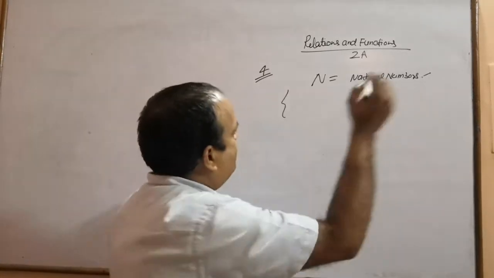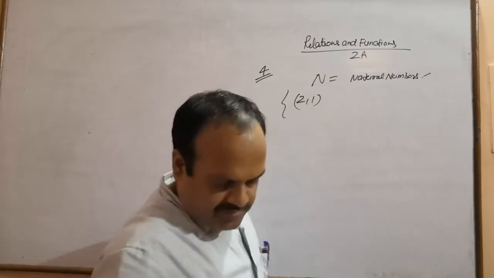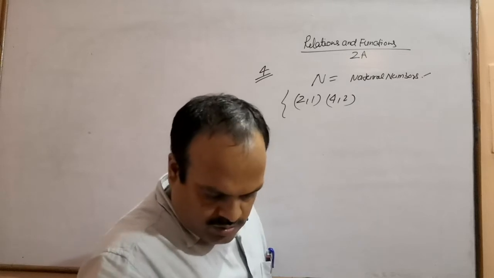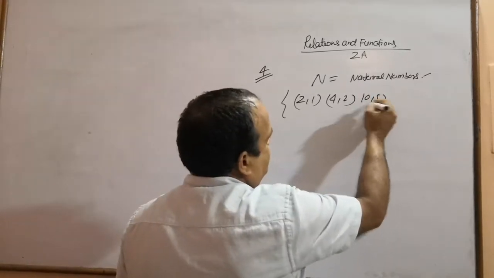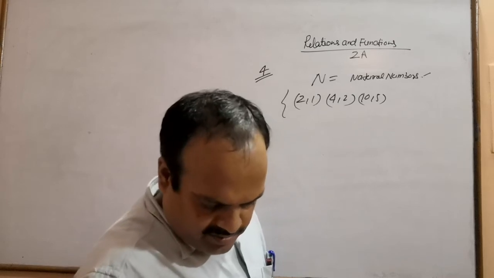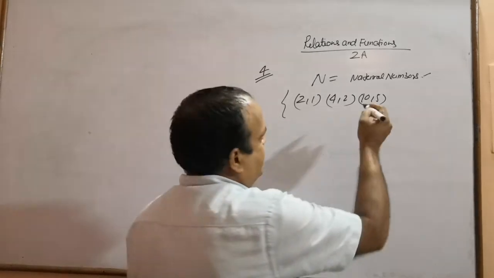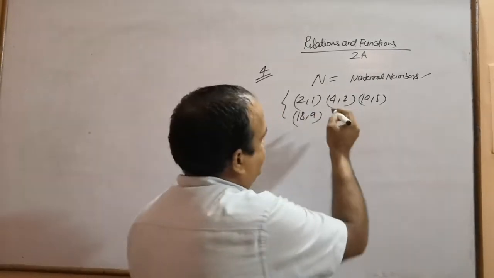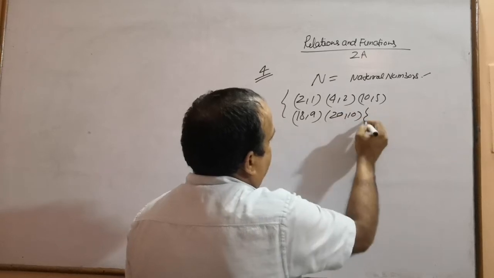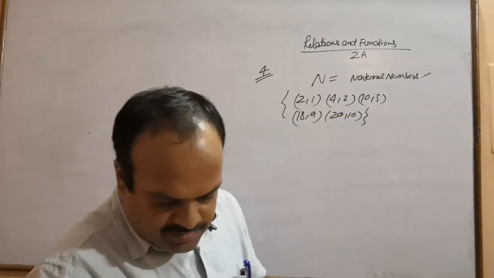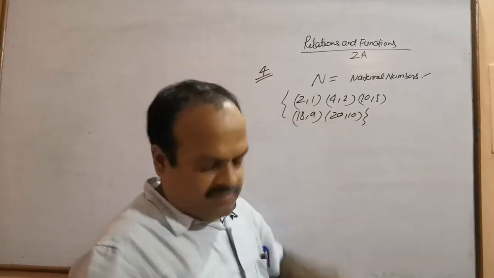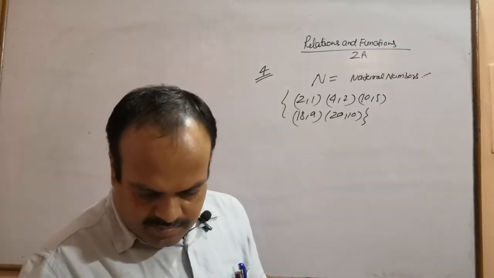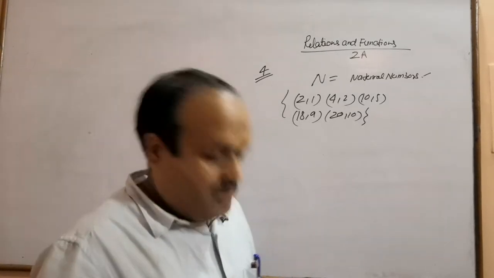The elements are 2, 1; 4, 2; 10, 5; 18, 9; 20, 10. Let me count. 1, 2, 3, 4, 5. So we have to check